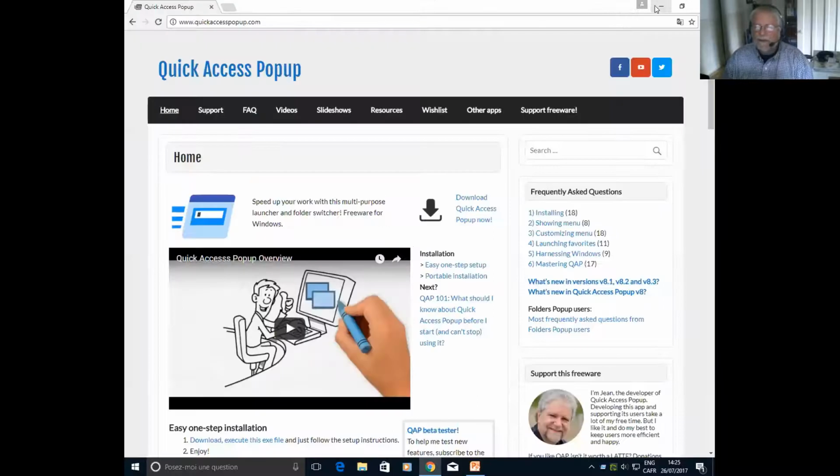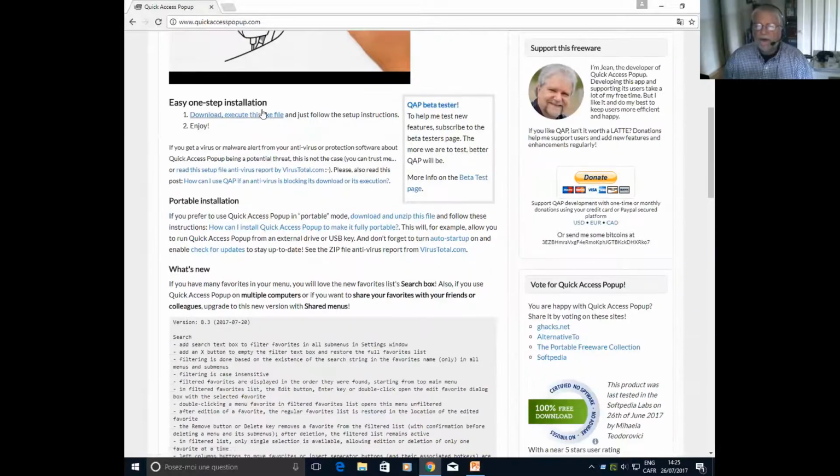Okay, so first, if you want to install the application, you go on my website, quickaccesspopup.com. Then you have two ways to install. Some people will prefer the easy way. Then all you have to do is download a file that will be downloaded in a few seconds here. And then there's a standard setup program that I'll show you in a second when it's ready here. There we go. All you have to do is click next, and then it will be installed the standard way on your